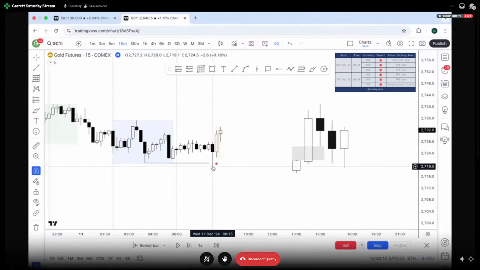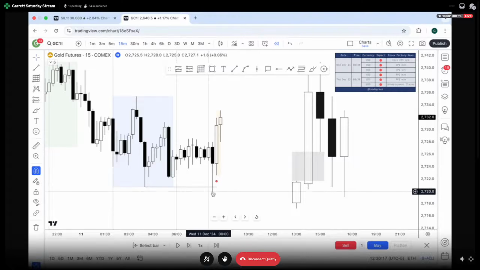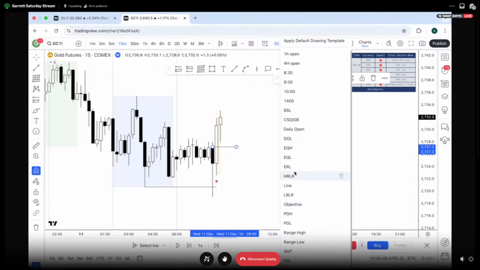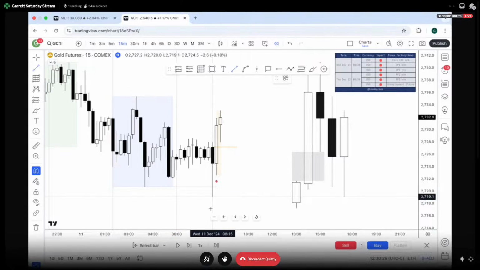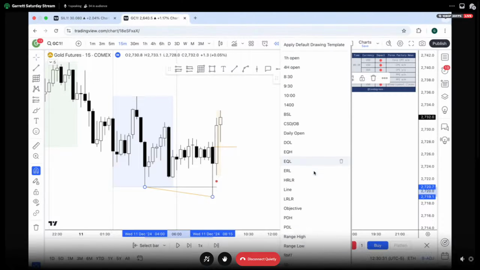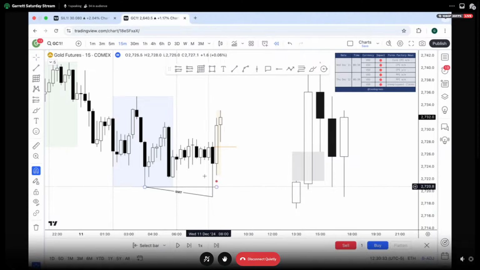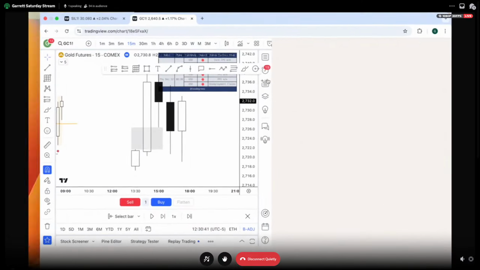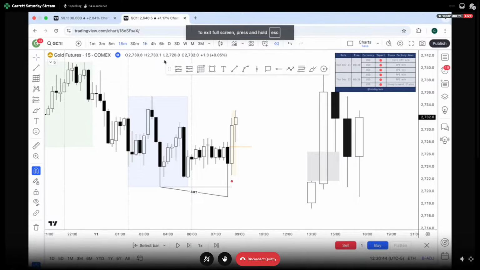If we manipulate a relevant high or low, some relevant area, even prior to a news event, then your confirmation is the news event expanding away from that. So here we have SMT, we have a CSD. This SMT here, by the way, we have our two confirmations, and news as well. Hold on, never mind. If I break this down to the fractal model,